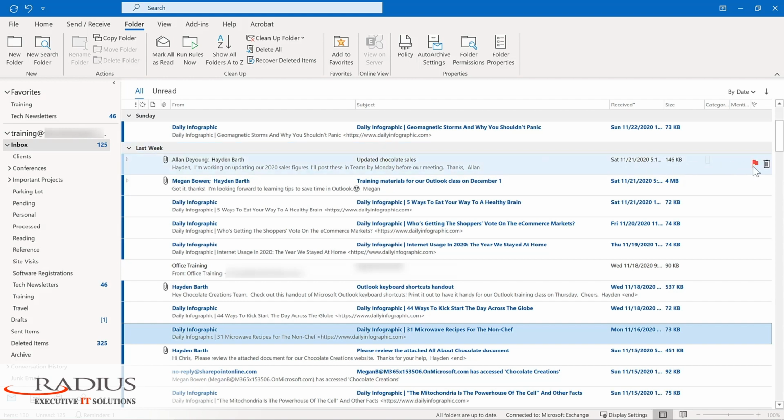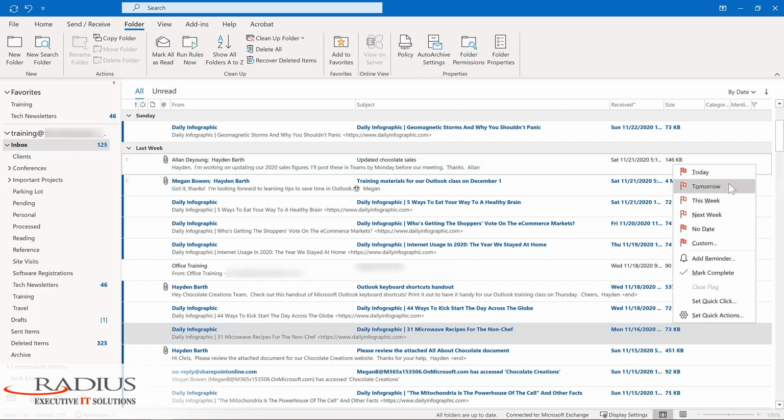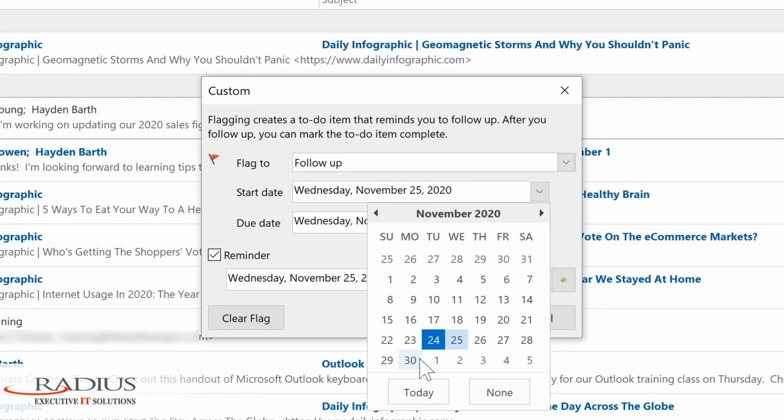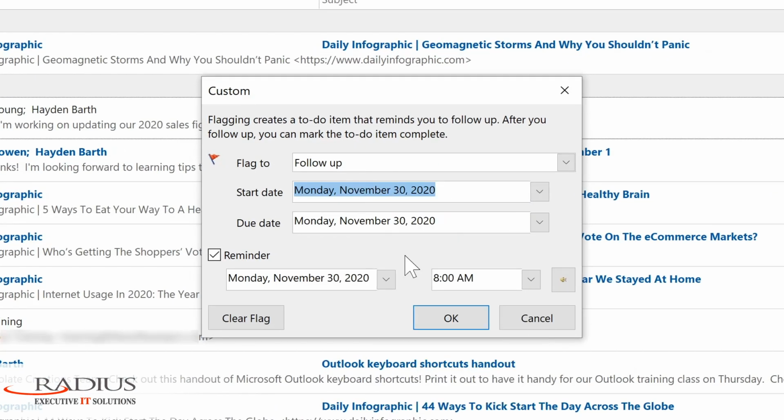And over on the right-hand side, we have a flag. Where this displays depends upon the view that you have of your inbox. In this case, I'll right-click. I could set it up for next week. I actually want to create a specific reminder for this. So here I'm going to flag it so that it will be next Monday, that I will not only have a to-do item, but I will also have a reminder that will come up for me in terms of creating